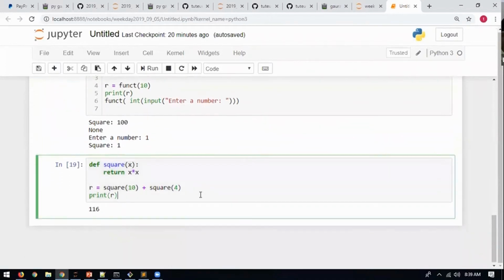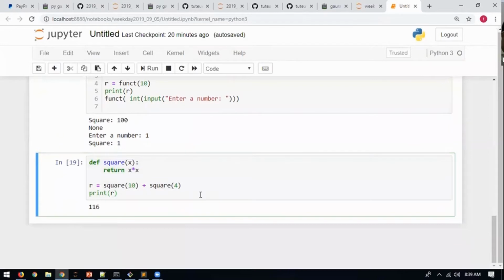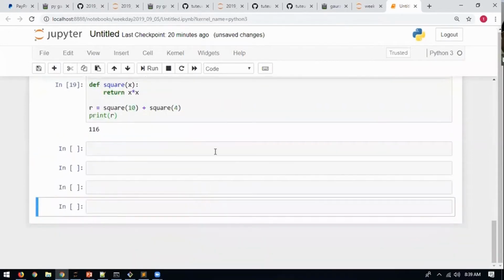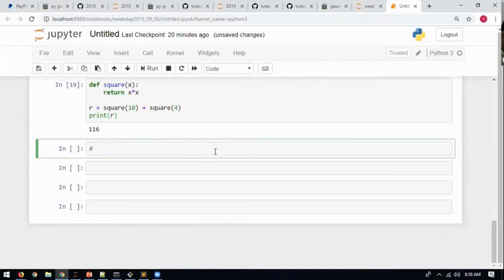Okay. Let's do one thing. You have to write a program to find... okay, not a program. Write a function. Can you write a for loop inside a function? Yes. Now the code that you will write inside the for loop will be indented at how many levels? 2. 1 because it's part of the function, 1 because it is part of the for, so 2 times. Anyways, your Jupyter will automatically put that.